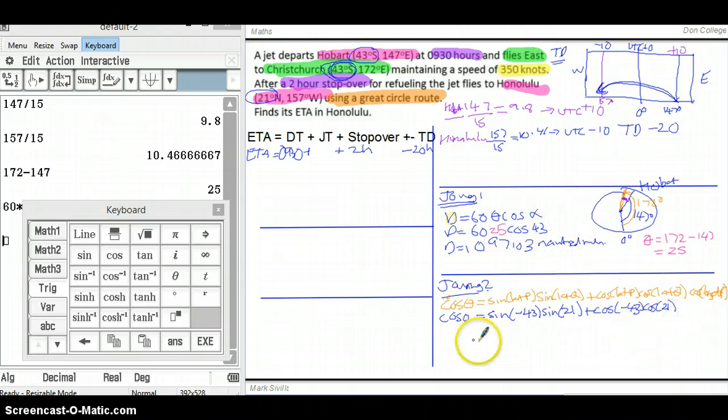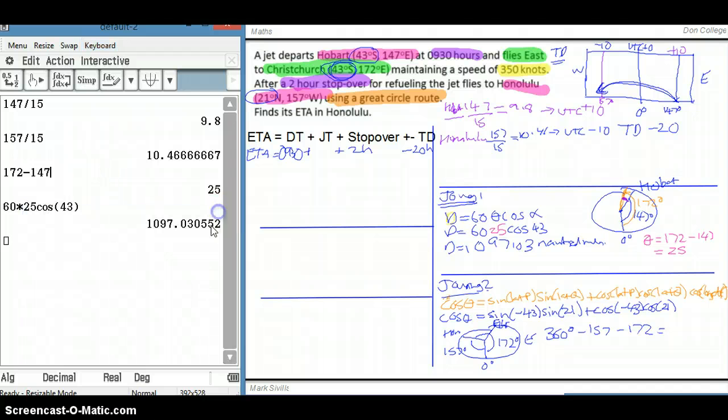So again, we want that top-down diagram here. We're going from 172 east, which is there. We're going to 157 degrees west, so it's like that way, 157 degrees west. What we want then is the angle between those two places. That was Christchurch and Honolulu. So the angular separation there is 360 degrees in a circle, minus that 157 and minus that 172, which comes out at,